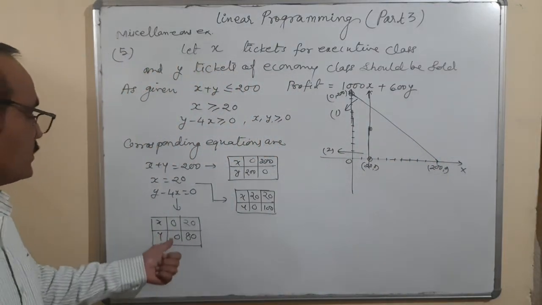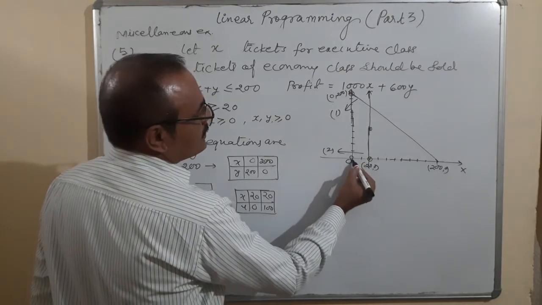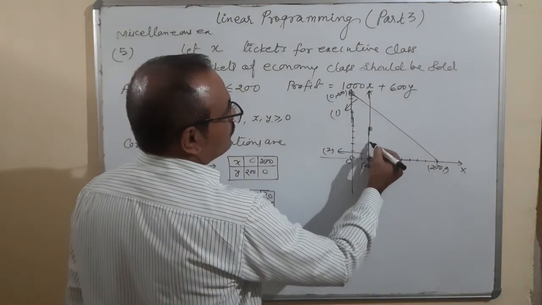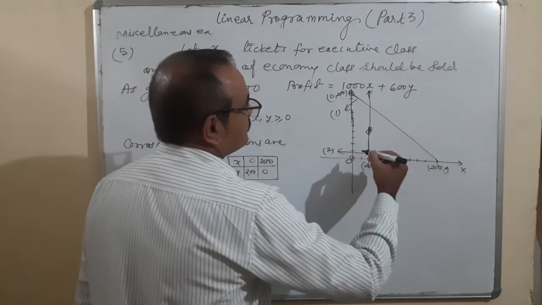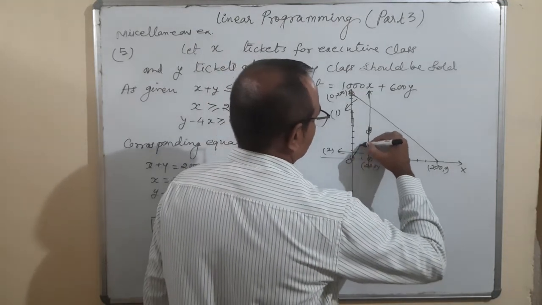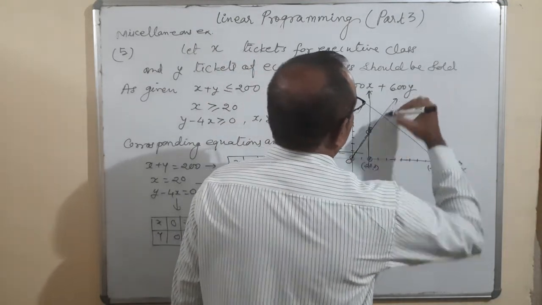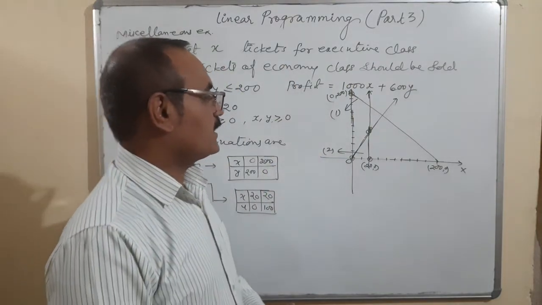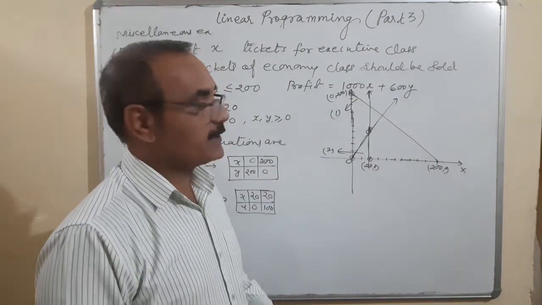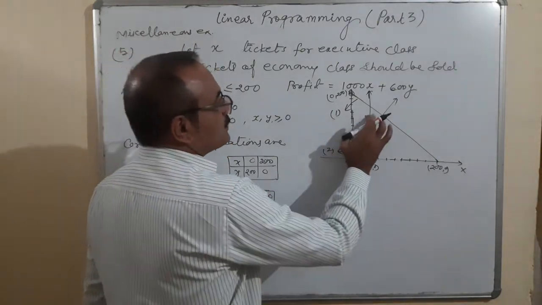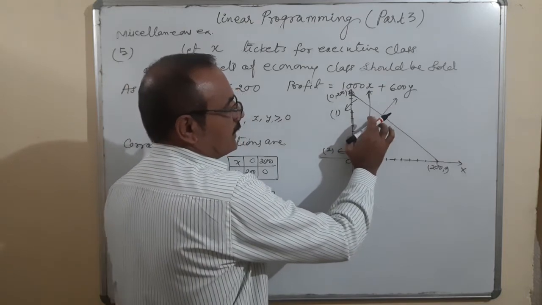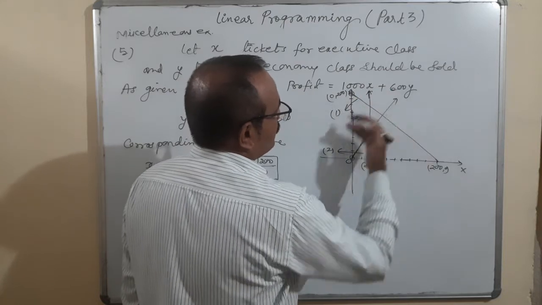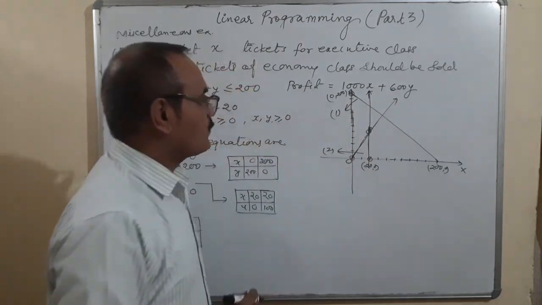Let us see third. 0, 0. This is the point. And one point is 20, 80. Okay. In many regions are there. Let us see what is the feasible region, what is the optimal region. So I think whenever you will see that this portion, this is the correct feasible portion, because for this it is away from it, for this line towards the origin, and for this line, let us check for this line.